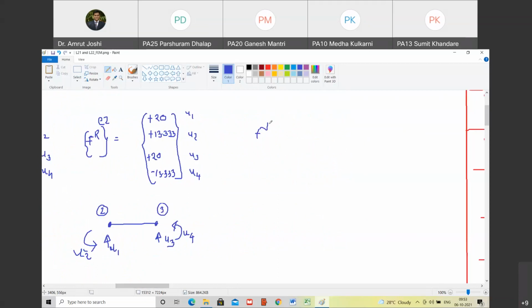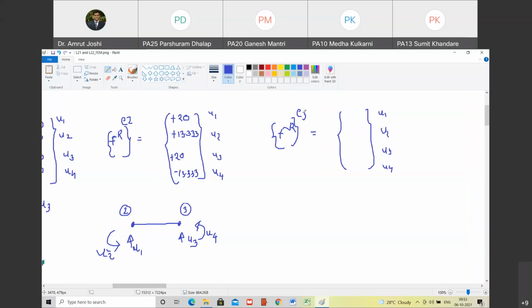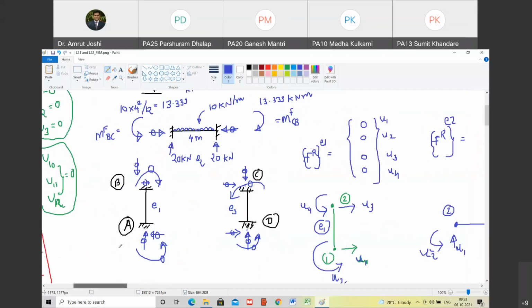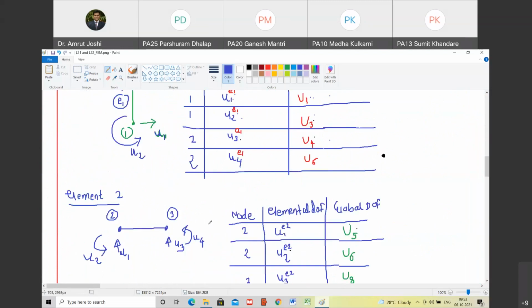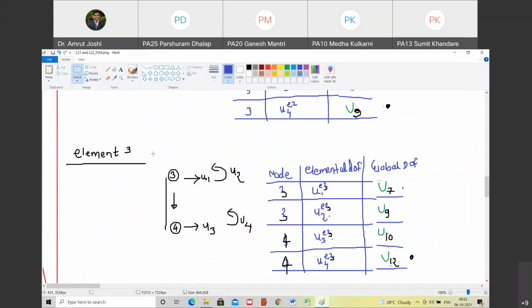Now I am going to write down the restrained force matrix for element number 3. Again, element number 3 has the same degrees of freedom. For your reference, I am writing down these degrees of freedom on the right hand side. It is not a multiplication. Are you with me? So the reaction in the restrained structure corresponding to U1 should come here. Which U1? U1 of element number 3. So I will have to borrow this diagram there. Happy?